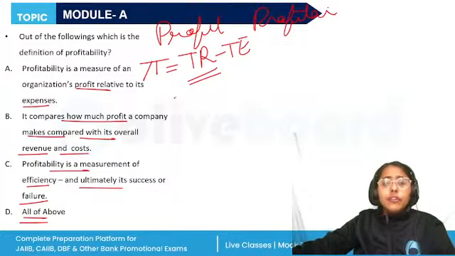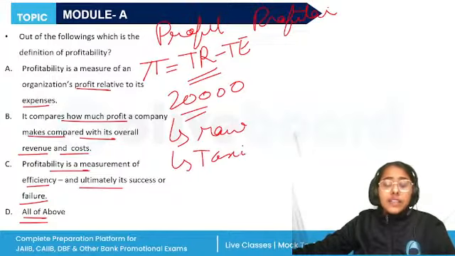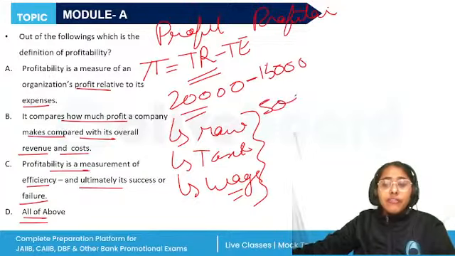If a company is making rupees 20,000 as total revenue, but it will also have to make some expenses like purchasing of raw material, paying of taxes, then paying the wages to its employees, right? So when all of these expenditures are deducted, let's say they come to rupees 15,000, then the remaining 5,000 will